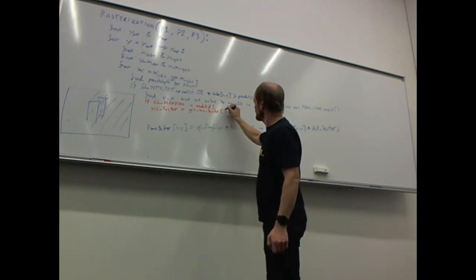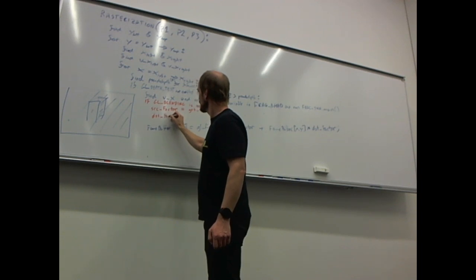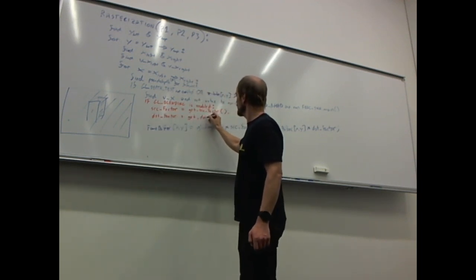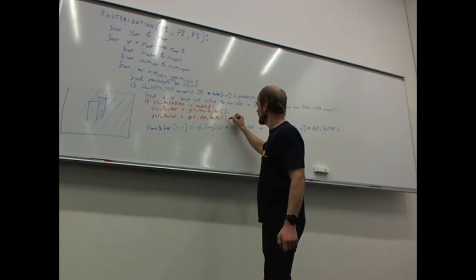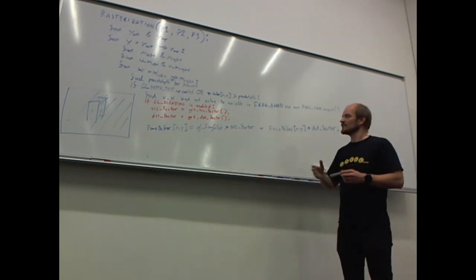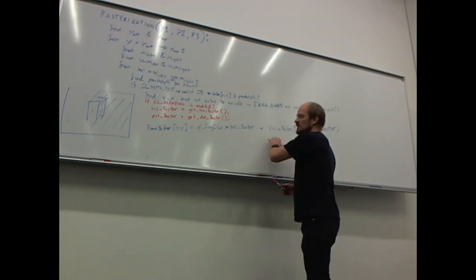Get source factor here, and I'm going to make some destination factor. I'm going to say that equals get destination factor, and as you said, yes, we're going to use more OpenGL flags to decide what this source factor or destination factor will be. Then we use these factors here to multiply this,